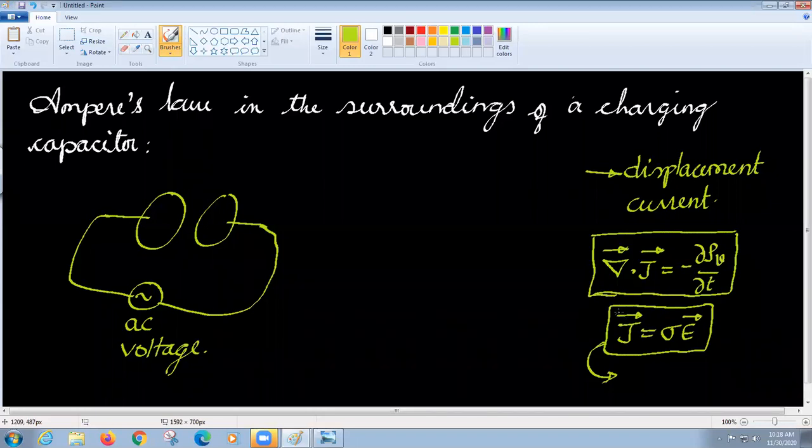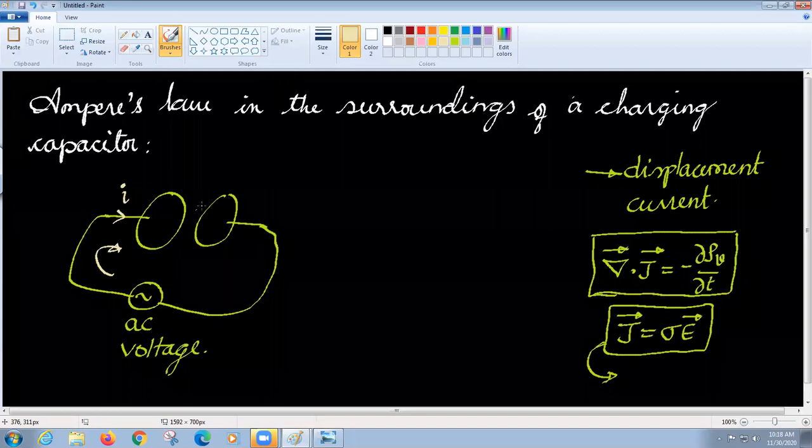So we will see why this is a flaw in field theory. You would think, well, the circuit is closed, so therefore there is a current I in this case. And of course you're right. There is a current I like this. But if you observe carefully, there is a dielectric medium separating these two charged plates, in which you have no free electrons. So therefore, how can you say the path is closed now?